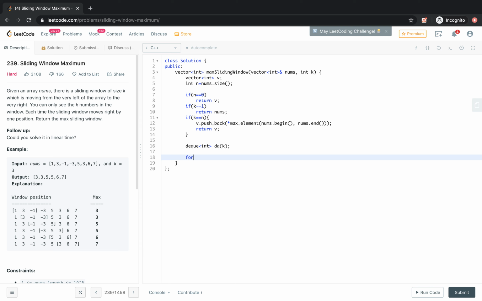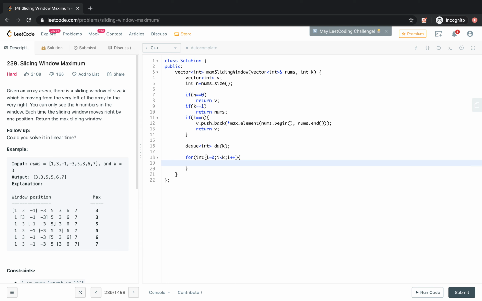So for i equal to 0 to i less than k, until k we are trying to insert into this dq. While inserting, we also have to ensure that we only keep the maximum values of the window.